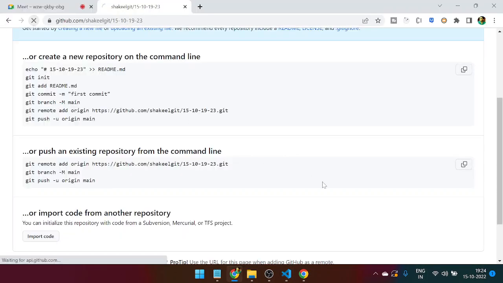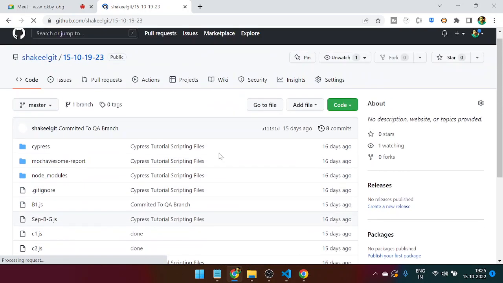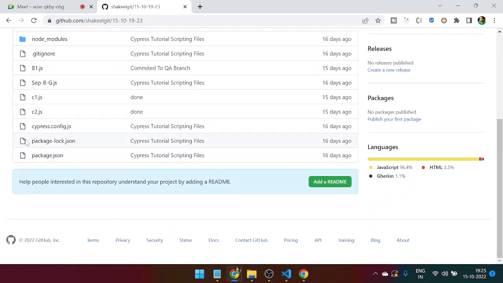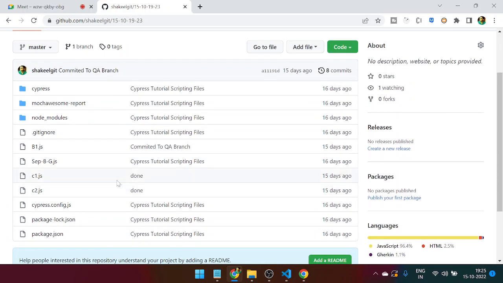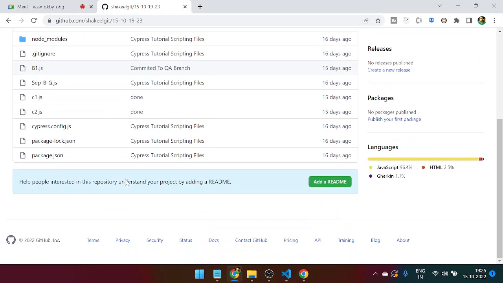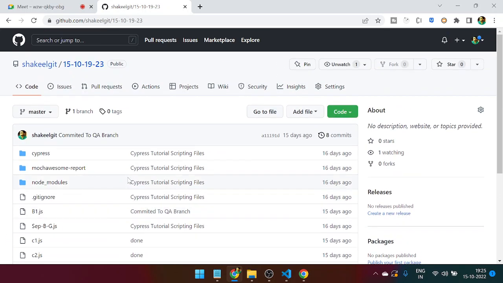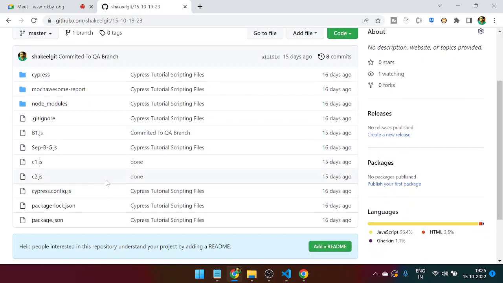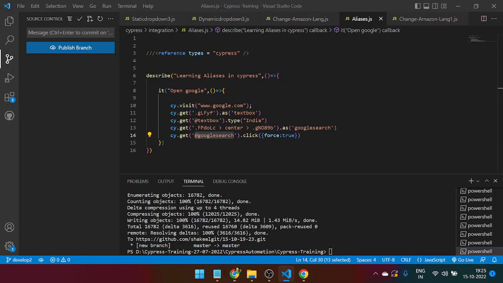I refresh it. See, I can see this one. Now whatever I have pushed now, I want to pull into my local. Correct? No, if you are making changes in your local... if I'm doing some changes, for example,